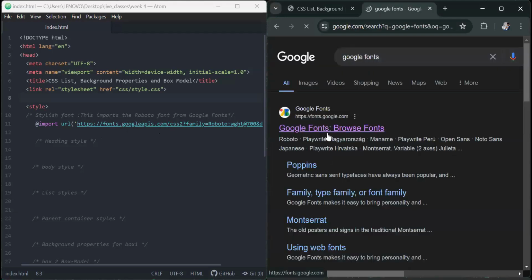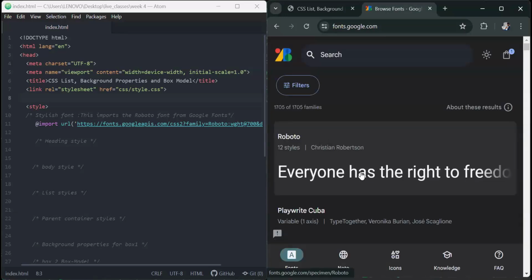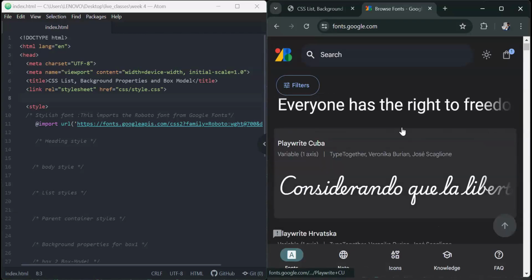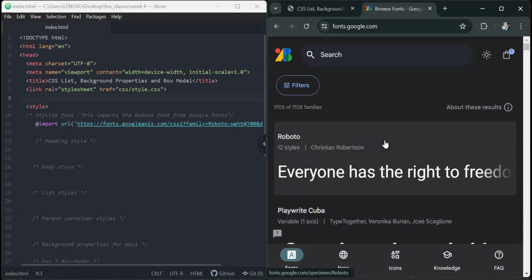All right, so if you go to the web page fonts.google.com, you will find several options of fonts. Now, right here, I have several different options. And if you're looking for a specific font, you could search for the font name here, and then you get the font if it's available on Google. But what I want to do is just show you how to get the fonts and the way you can add it to your style sheet. So let's say I want this font, and I'm going to click on this one,